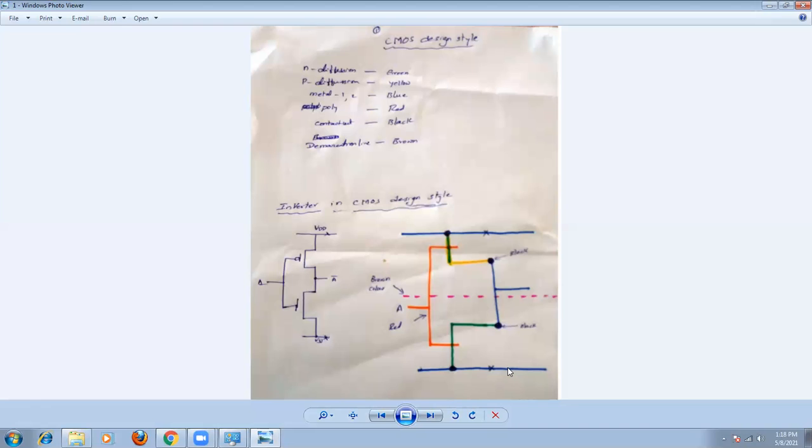That means if the number of transistors is below 4, then we can use only one cross here and one cross here. But if the number of transistors used in the pull down region is 5, then you can use 2 crosses, because 5 is greater than 4 and less than 8. If the number of transistors is greater than 8, for example 9, 10, 11, up to 12, we can use another cross like this.